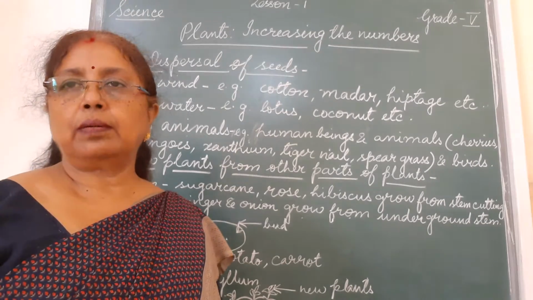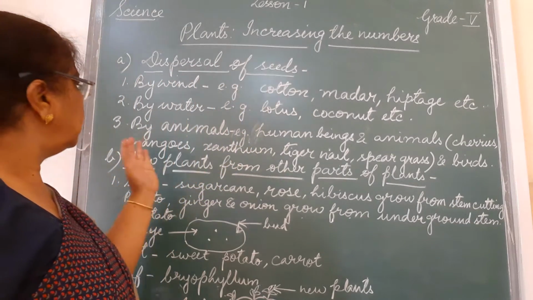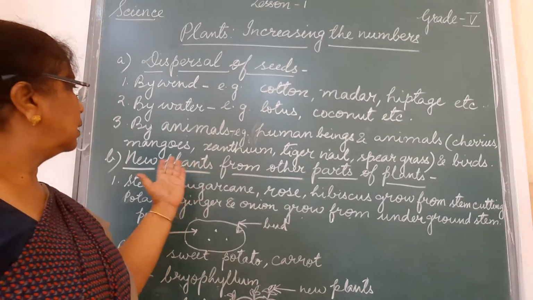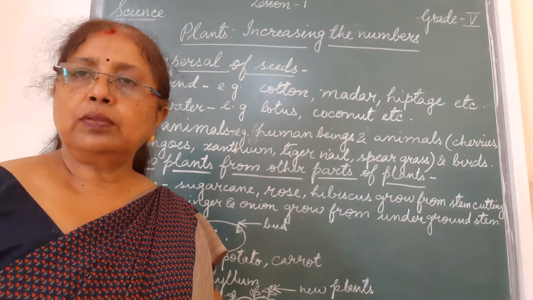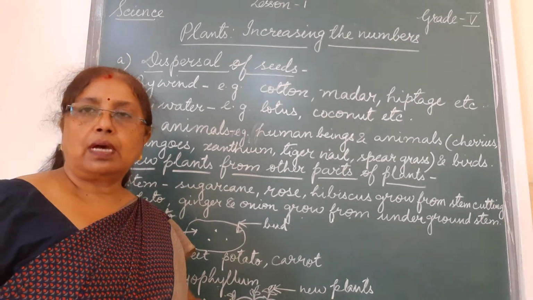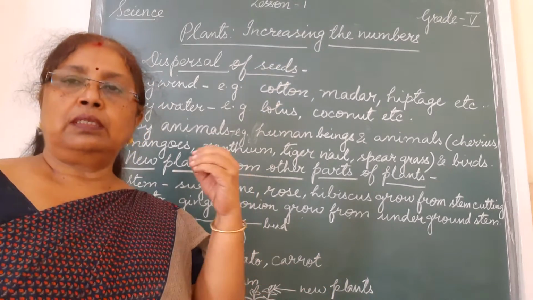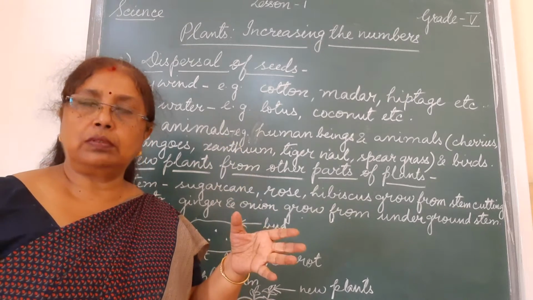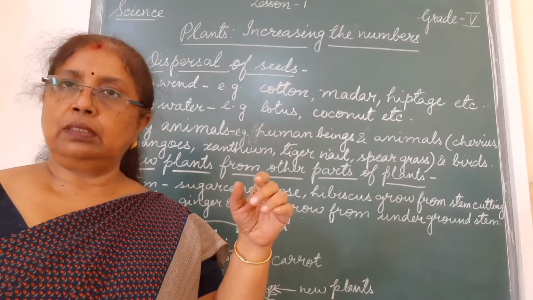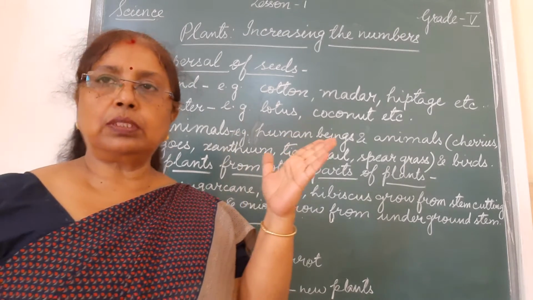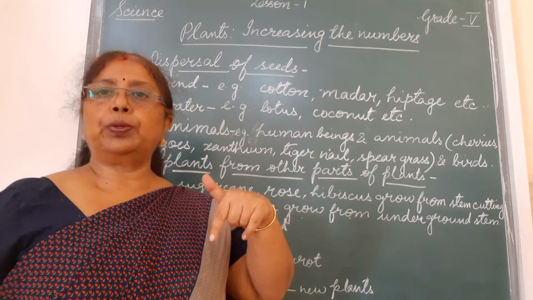Yes, now today our topic is dispersal of seeds, and then we'll study about the new plants growing from other parts of the plants. Earlier we have studied about the germination of seeds, and after getting the favorable conditions, the seeds germinate into a new plant. First of all, the seeds start growing, it grows out the radicle and plumule. Plumule goes upwards towards the sunlight that grows into stem, and the radicle goes towards the soil to get